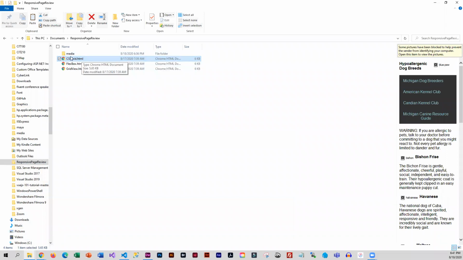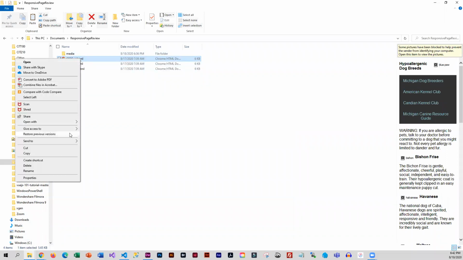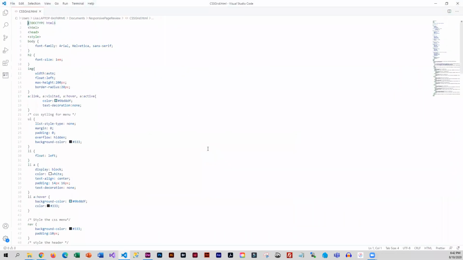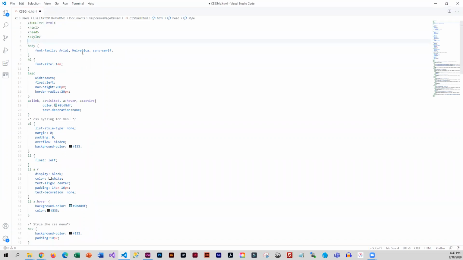So I'm going to open up CSS Grid in VS Code. Okay, and so this internal style sheet that you see is the exact same in all of the files. And what we're going to do is kind of customize this for CSS Grid. And the first thing that we're going to do at the very top is we're going to specify box-sizing: border-box. And what this does is it makes